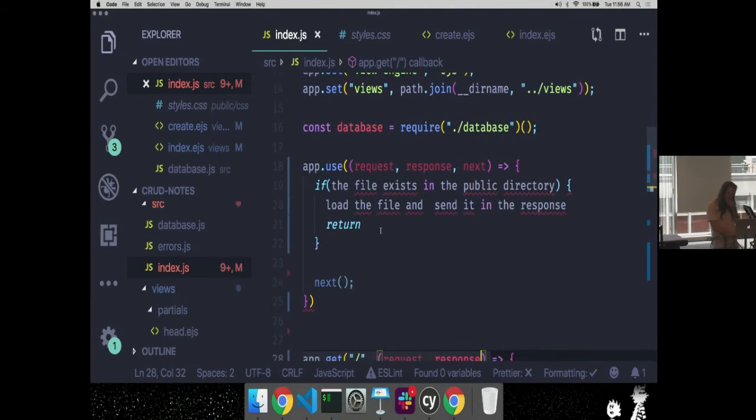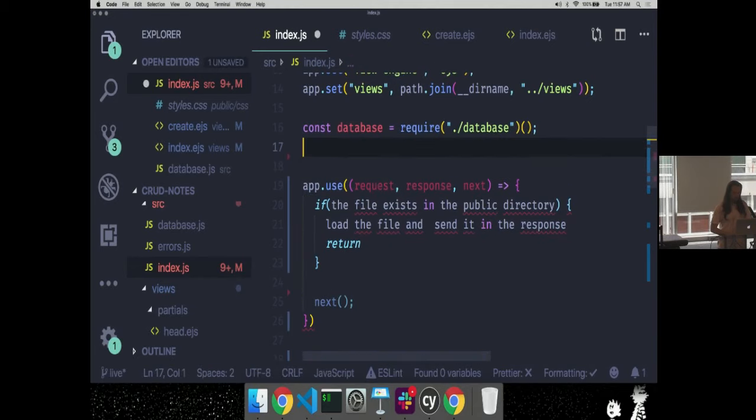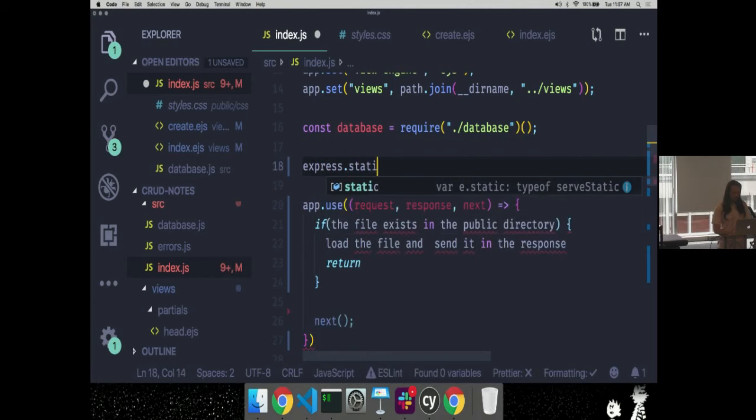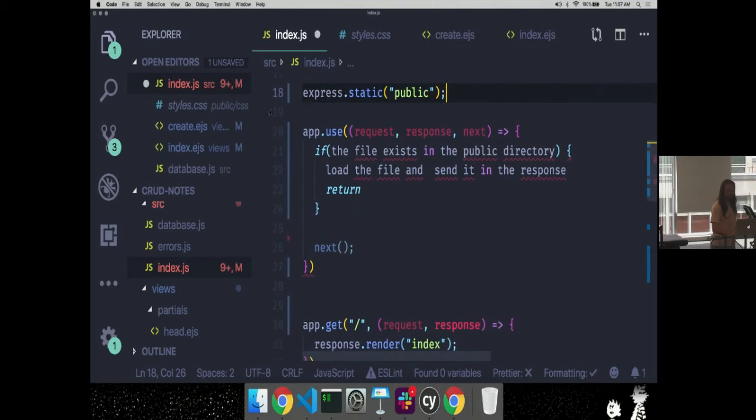OK. So this is our middleware. This is now a middleware function because it can be used with all of our requests. Anytime a request is made, it'll go through this middleware. Maybe the middleware handles it, maybe it won't. If I call express.static and pass it the public value, then it's going to create this function for me.